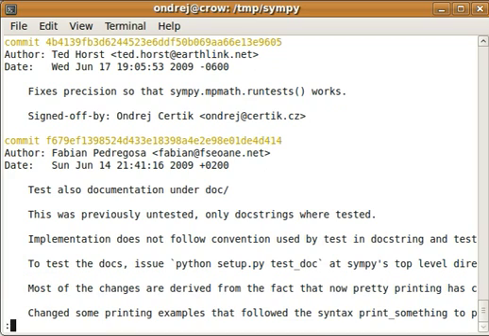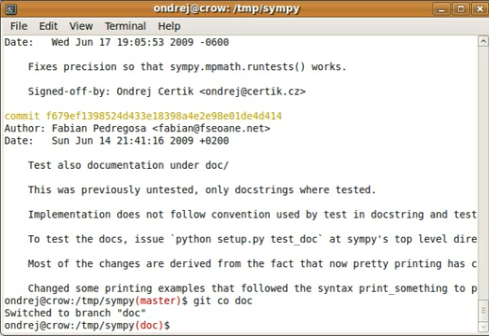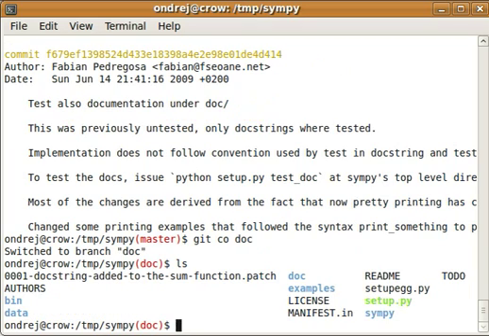Alright, so on the master branch there is the following set of patches. So let's say someone sent some more patches in there, so they will be on the master branch and they just do not interfere with my own work in the documentation branch. So let's say I'm the maintainer of SymPy, so someone sends a patch and I try it in the documentation branch and I would like to merge it with master and then commit it into our public repository, our official repository. So what I do is I go to